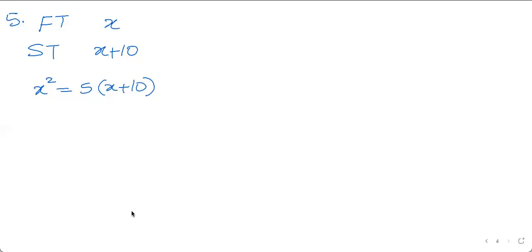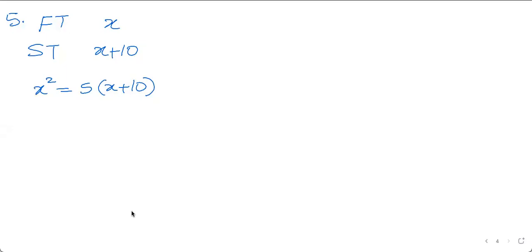We can say that let x be Suyash's score in the first test. Then it says Suyash scored 10 marks more in the second test. If the first has 5, then the second has 5 plus 10, which is 15. If the first has x, then the second has x plus 10. So we have chosen the variable. What is x? X is the score of Suyash in first test. That is what I wanted to hear. Score is important. Suyash's score in first test.